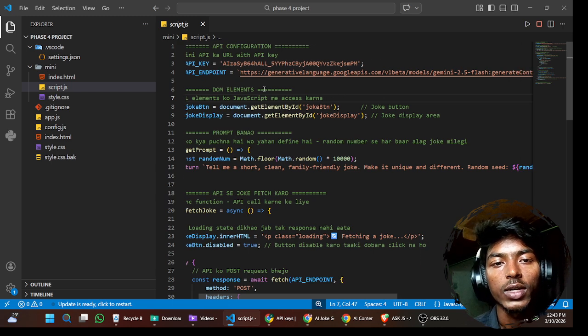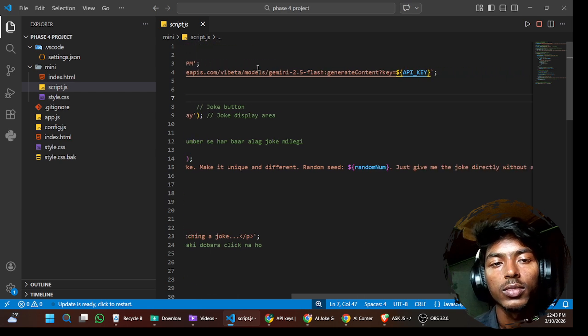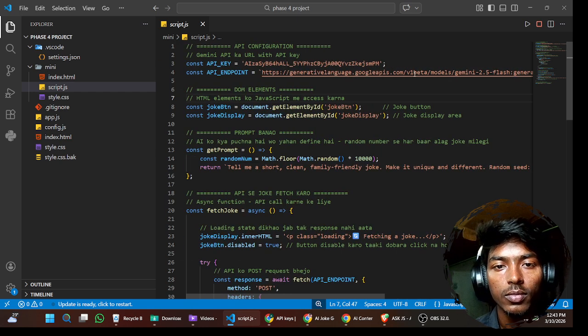And with the help of template literals, I mention this API key. And here are the DOM elements, the HTML elements,